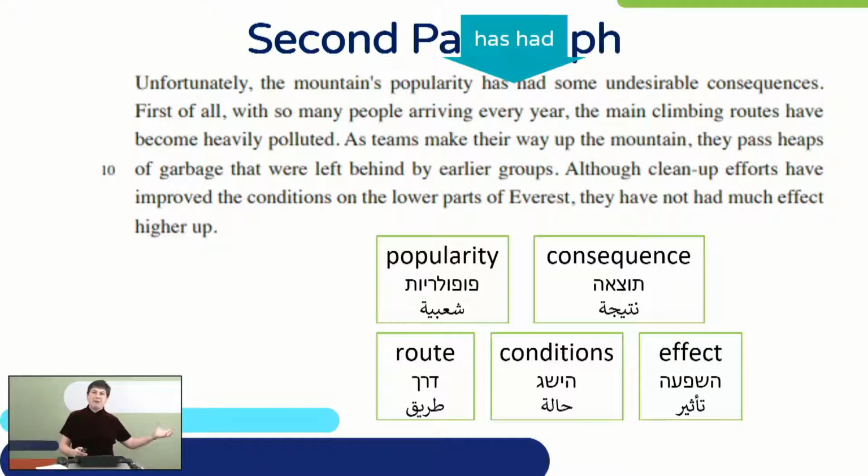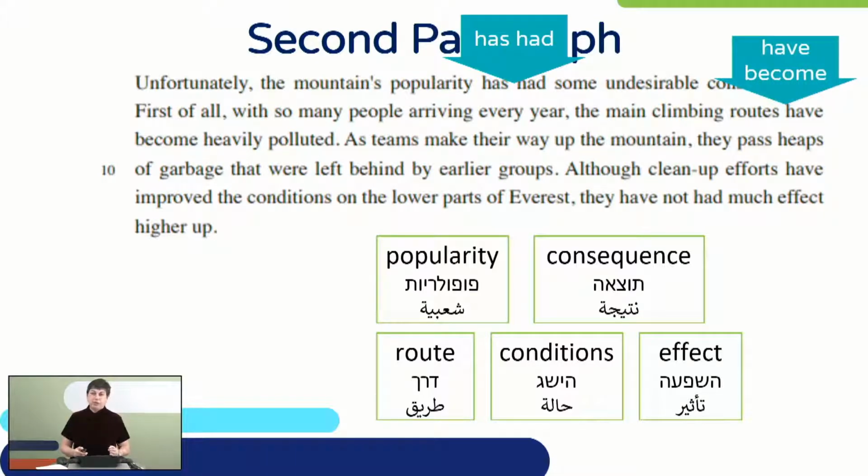Things happened in the past. Consequences are results of past actions. But those past actions create a situation now that we're talking about. So the popularity has had some undesirable consequences. Things happened in the past that influence right now. And I know that influence, that transition marker, is here in the choice of grammar that shows the past action connected to the now. First of all, with so many people arriving every year, the main climbing routes have become